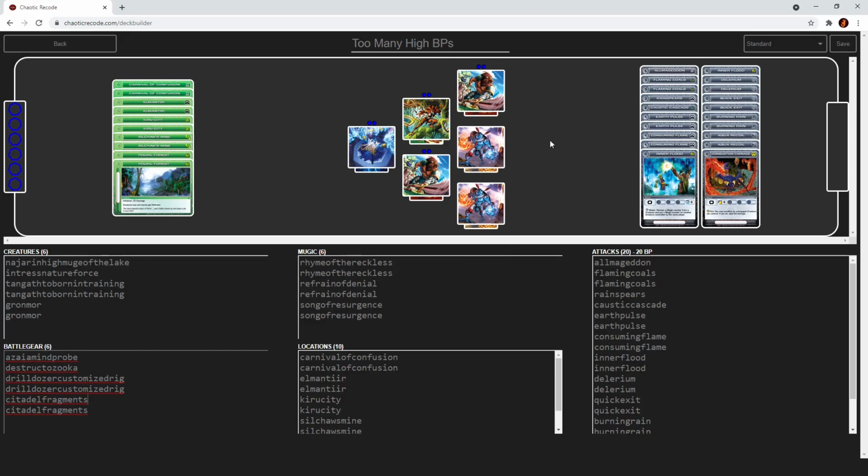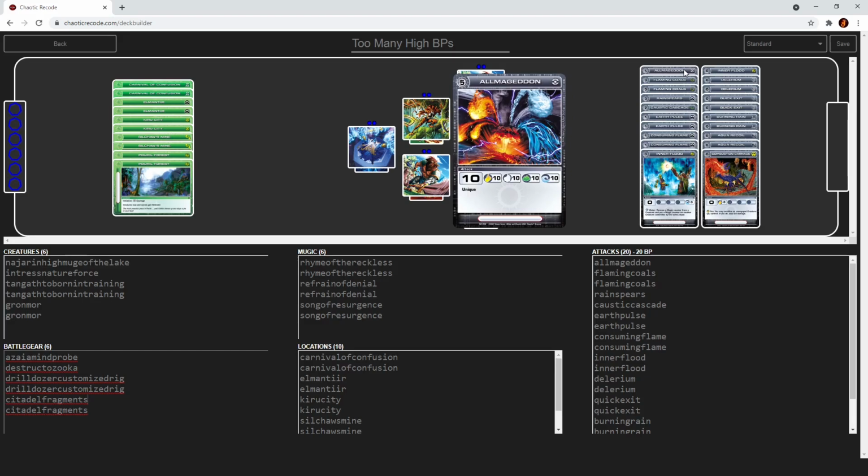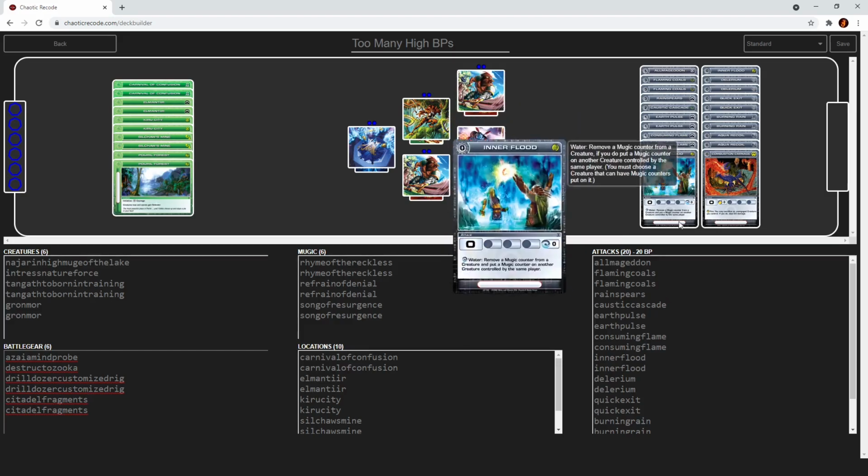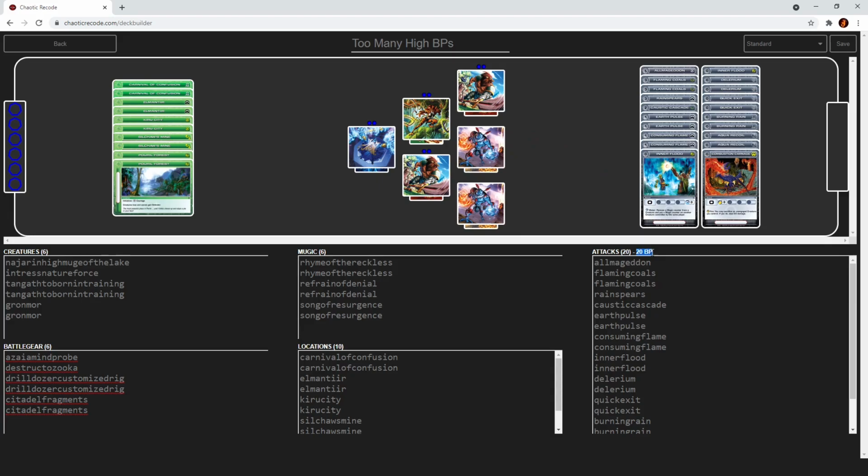So if you don't know what BP means, you see these attacks here? You see that number at the top left? That's how many build points the attack costs. So this is a 5 build point attack. Attacks are from 0 build points to 5 build points. And when you're building your attack deck, you can have a maximum of 20 build points, and you have to